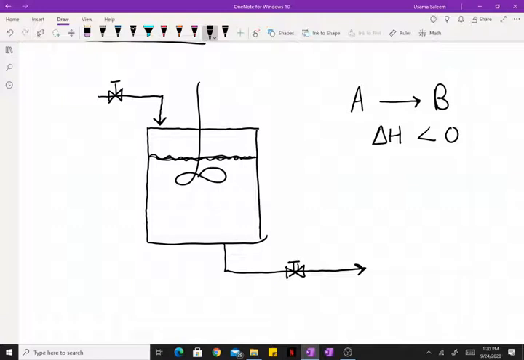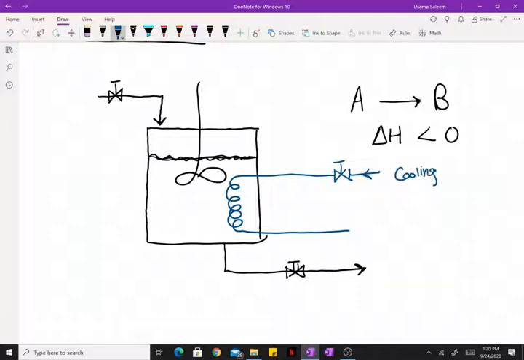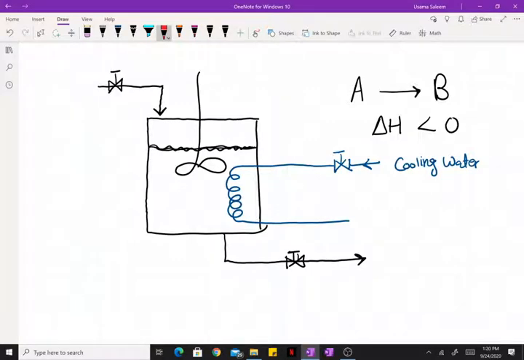In order to cool this reactor, we have immersed coils through which we are flowing cooling water. So the cooling water is going to remove the energy released from the exothermic reaction and keep the vessel operating at a desirable temperature. Now, let's say we want to maintain the contents of this vessel at a certain